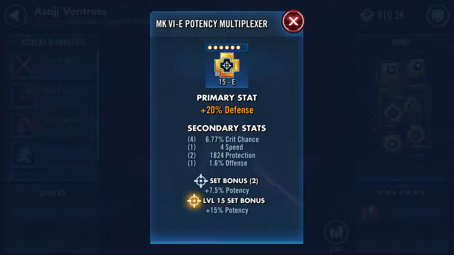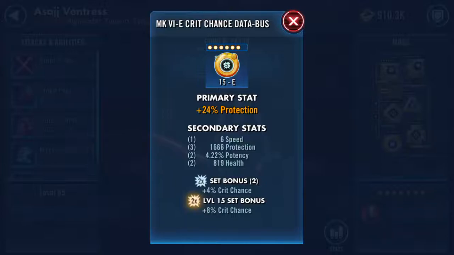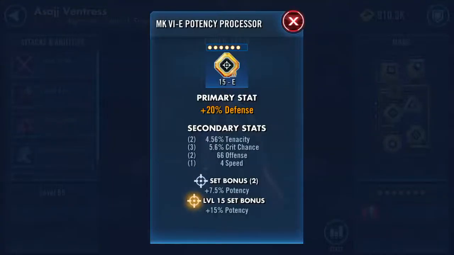This can be potency or offense on this piece. She doesn't need defense as a primary. You definitely want more speed in that secondary as well. That's an incredible crit chance roll, but speed would be better on that. Same with this. You want more speed on these 6Es. All of these 6Es,